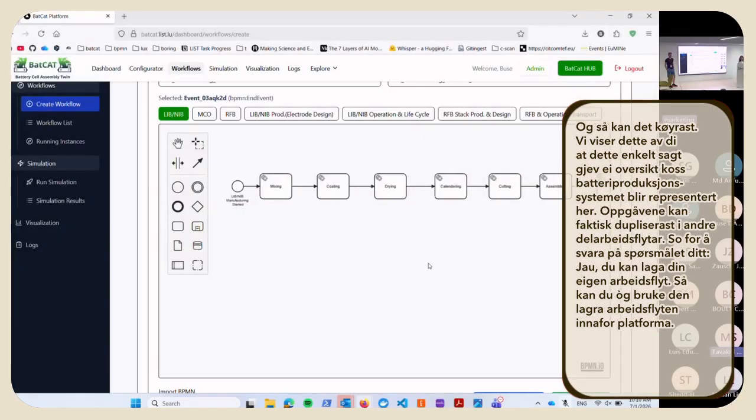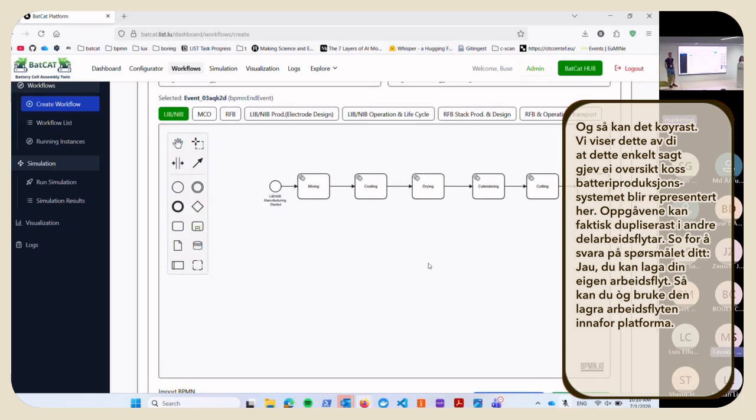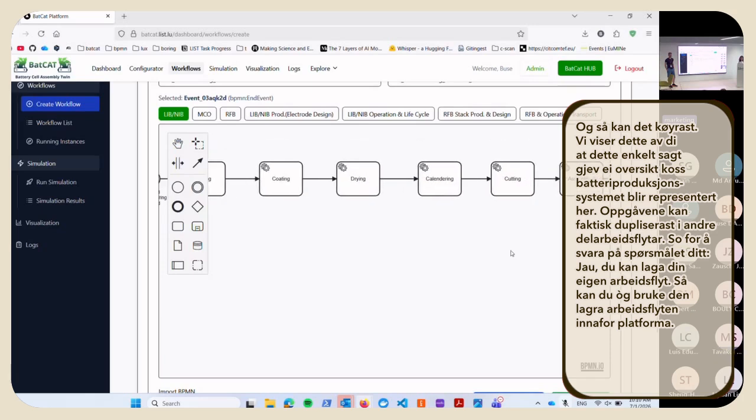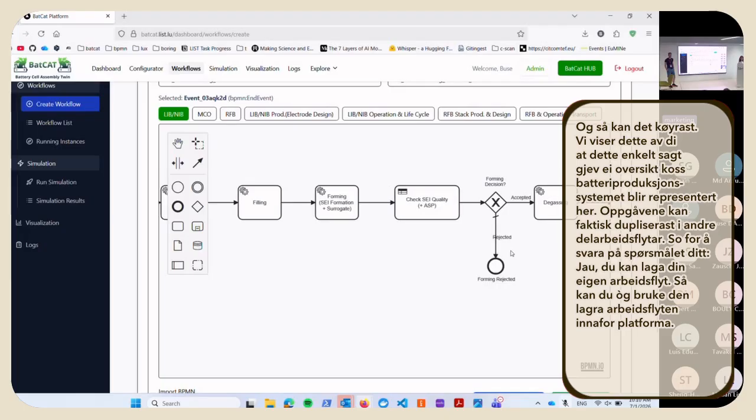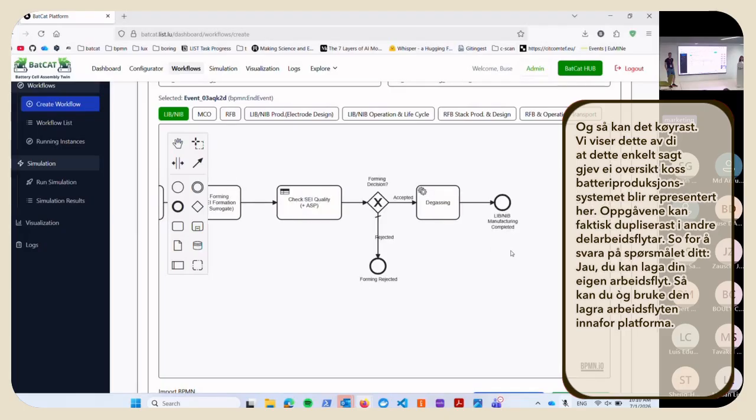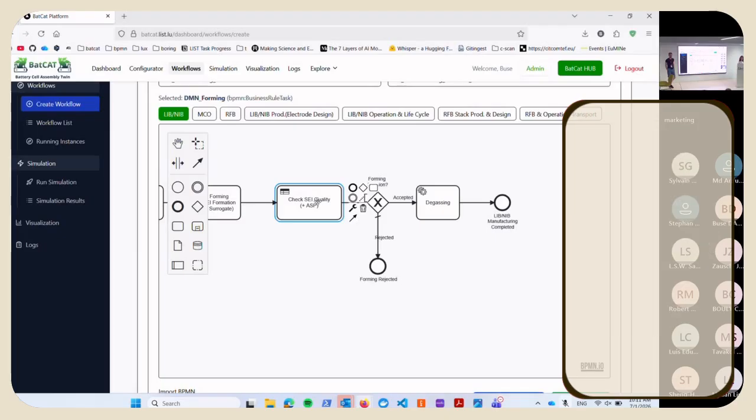We are showing this because it gives an overview of how the battery manufacturing system is set up, but any task could be duplicated in other sub-workflows. To answer your question in two words, yes, you can create your own workflow. Then you can also use the stored workflows within the platform. Okay, thank you very much. Thank you.